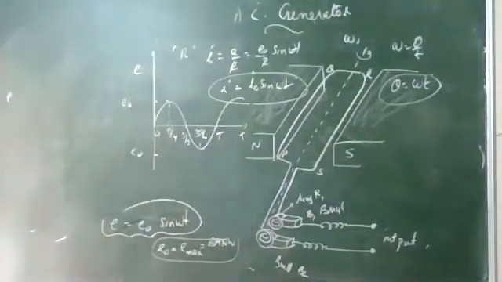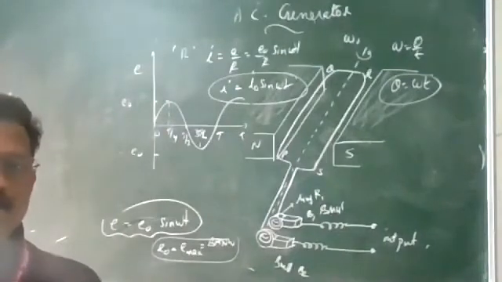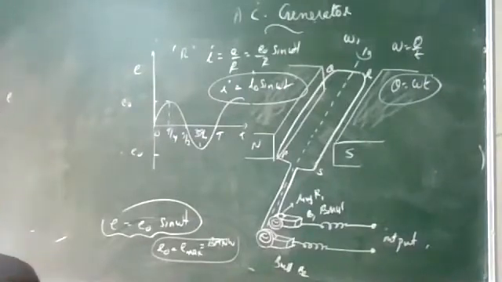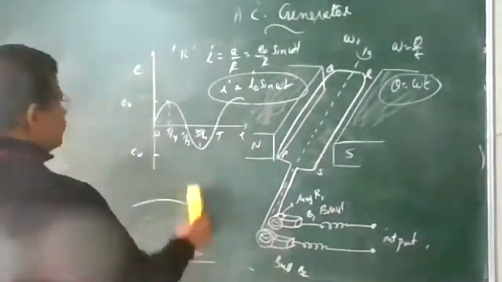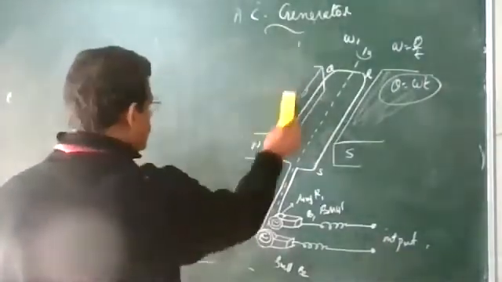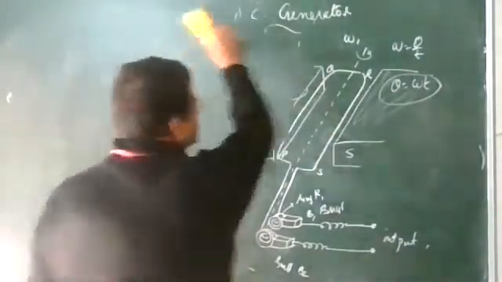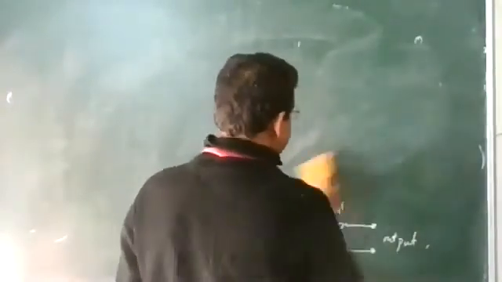What is the theory, working and construction details? Field magnets, armature, that is a coil, slip rings R1 and R2, and brushes. EMI principle, E equal to E naught sin omega t, where the maximum value is NBA omega. And one more point: what is the average value of this EMF over a cycle? Solve the example.